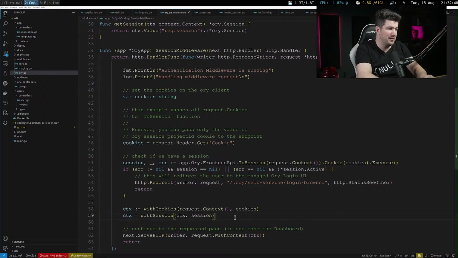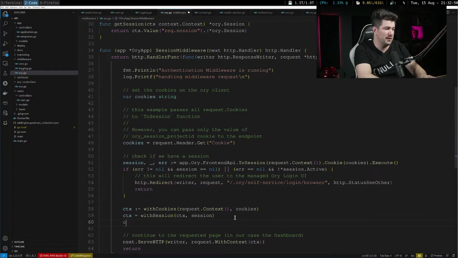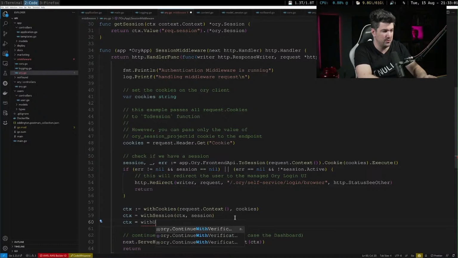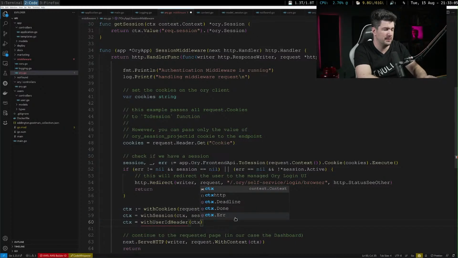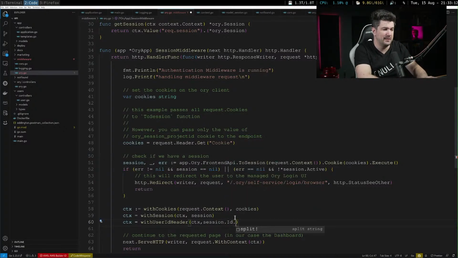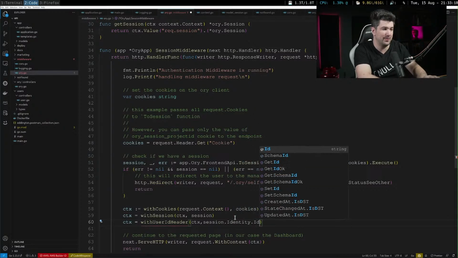So we might as well, CTX equals with, I'm going to say with user ID header, CTX session dot ID dot split. No, identity dot ID. There we go.